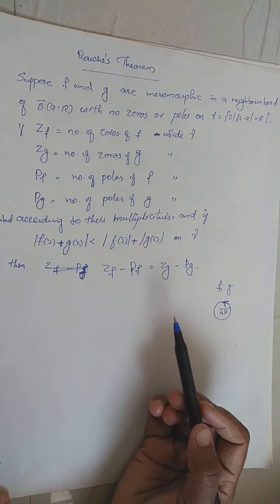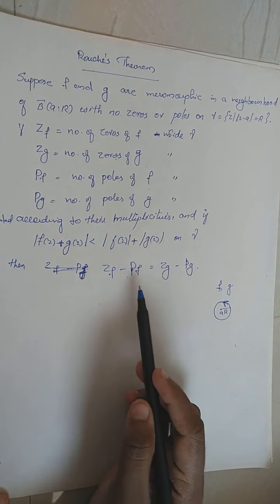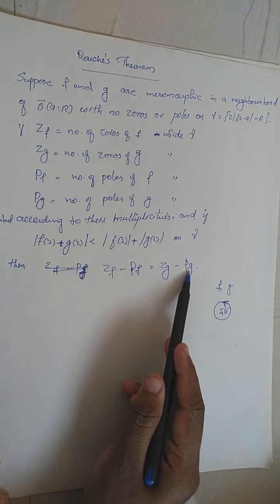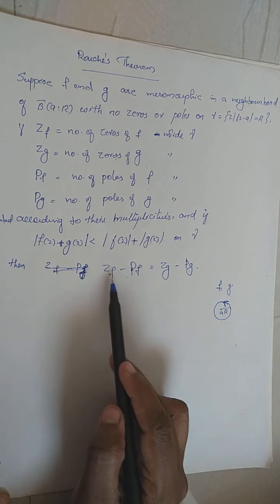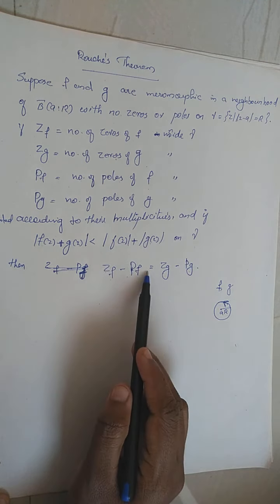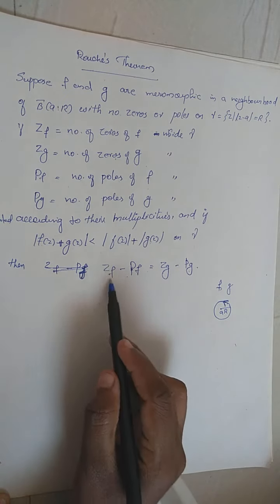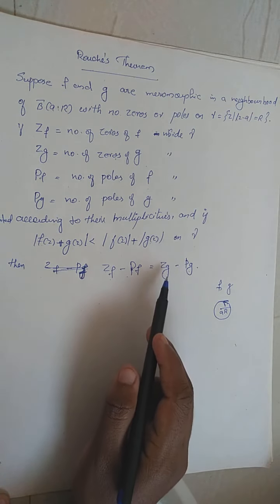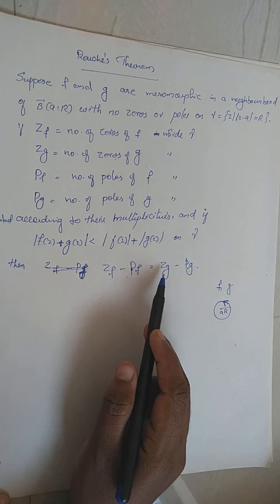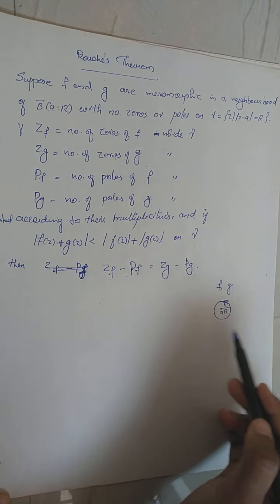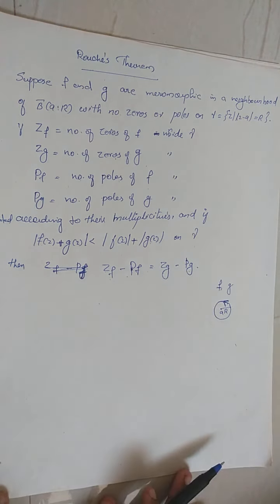So we know that if you have an analytic function, it has no poles. So the number of poles of f and of g will be equal to 0, right? Therefore the number of zeros of f will be equal to the number of zeros of g, that you will get from Rouche's theorem. So the number of zeros of f is equal to the number of zeros of g inside the same region bounded by this gamma. Okay,